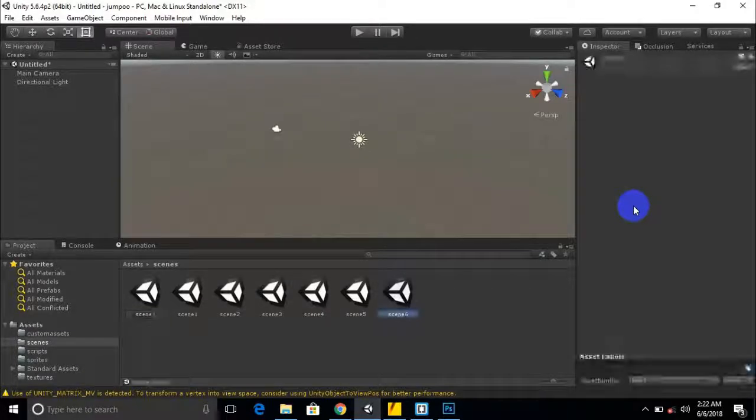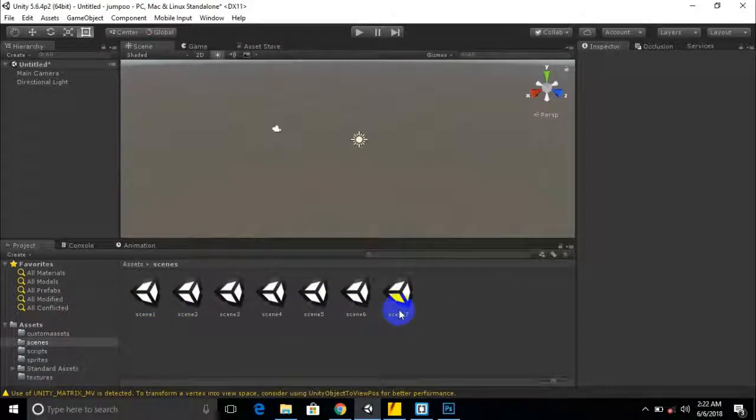For example, if a player dies or loses the game, then on this scene you can retry, resume the game, or quit the game. So these are the main scenes which we will use in our project.